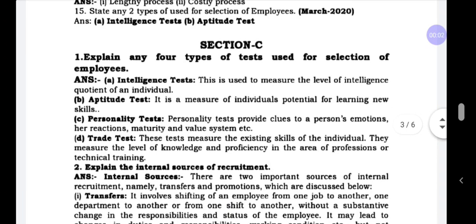In the last class, I explained the 1 mark and 2 mark questions in the staffing chapter. Today in this class, I am going to explain Section C. This Section C carries 4 marks in the examination. In the staffing chapter, there are 3 questions in Section C. Let us learn them one by one in detail.